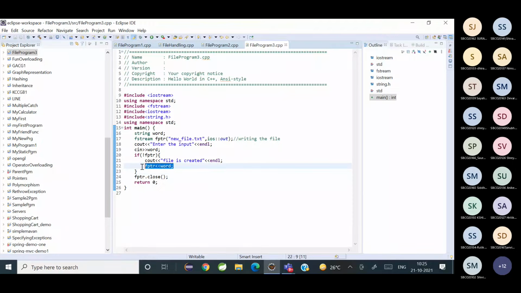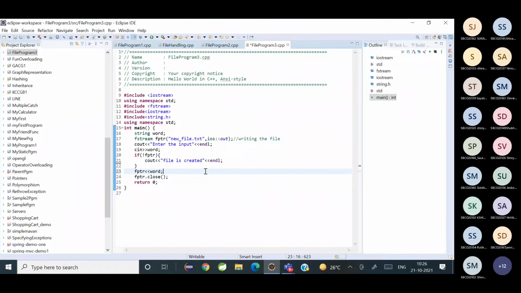So if I say if not fptr, it means the file is not available, and I say okay, the file is created. But in the case of read, if the pointer is not returned, what does that mean?